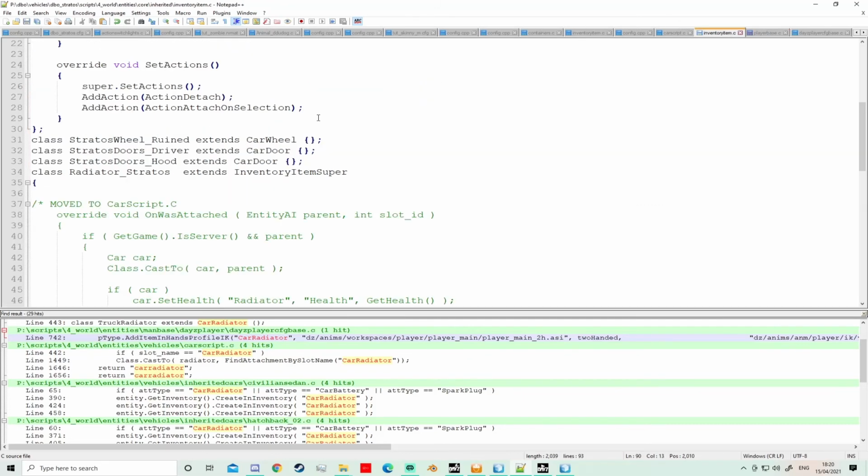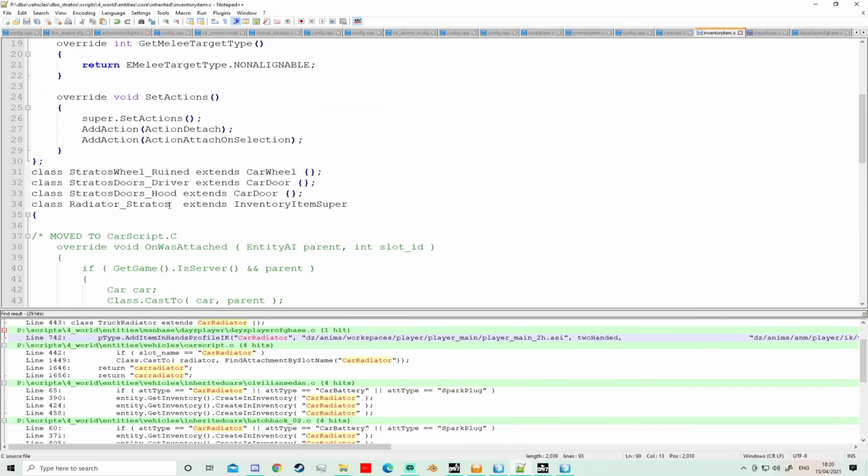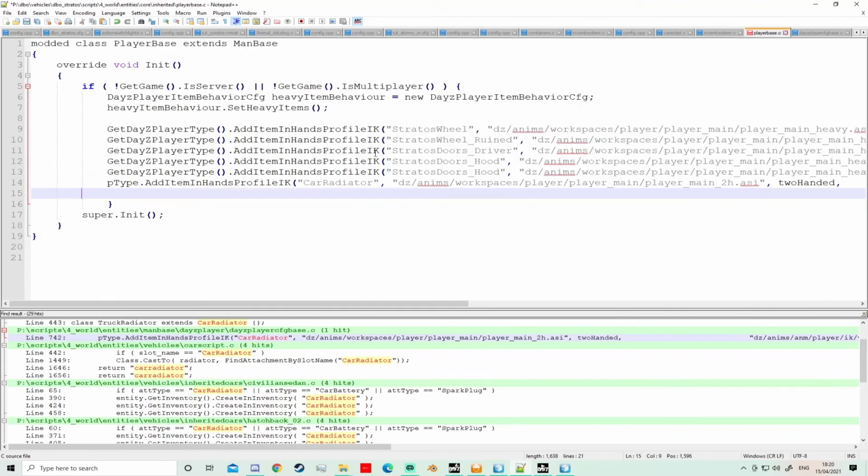Keep forgetting now what radiator Stratos. There it is. So I need to put that there, duplicate of that, take that,